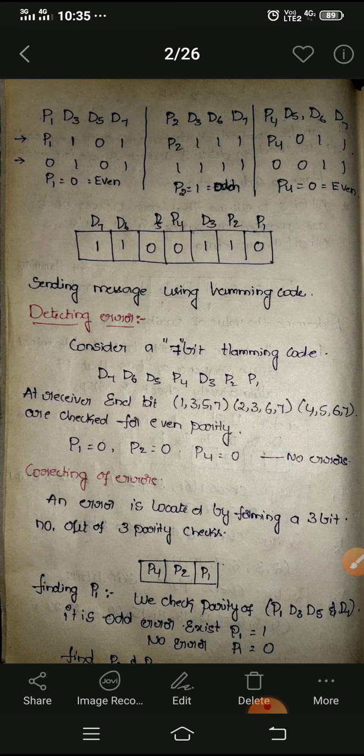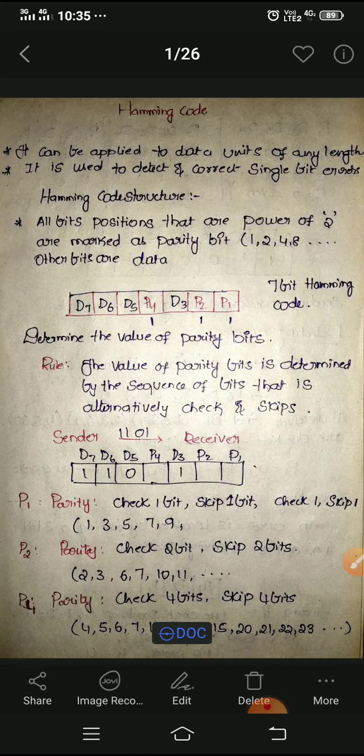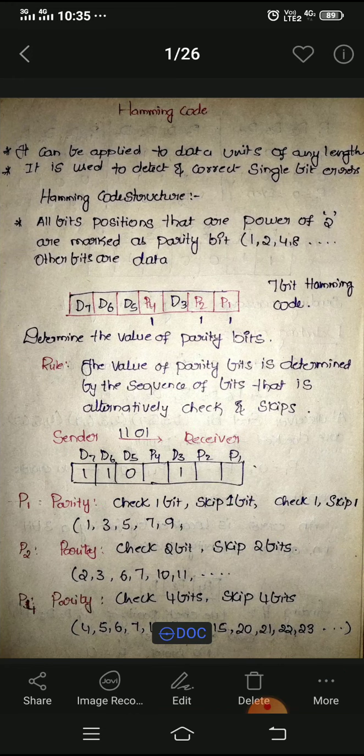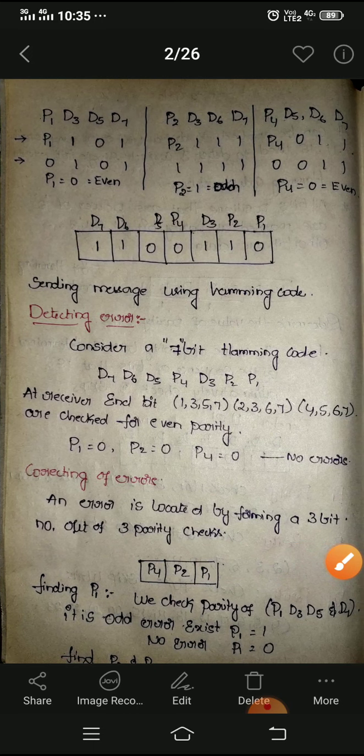The same for P2. For P2, we have 3 data bits: D3, D6, D7. At the D3 position 1 will be there, at D6 position 1, and at D7 position 1. So for P2, D3, D6, D7 are 1, 1, 1.